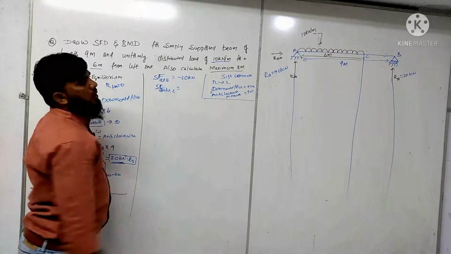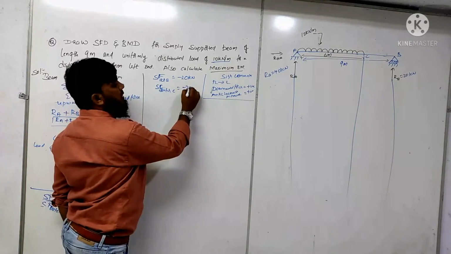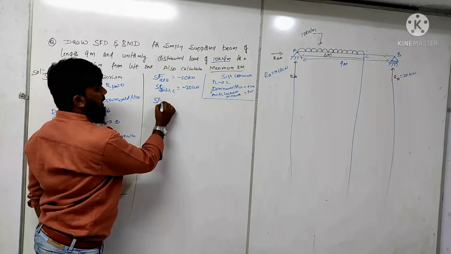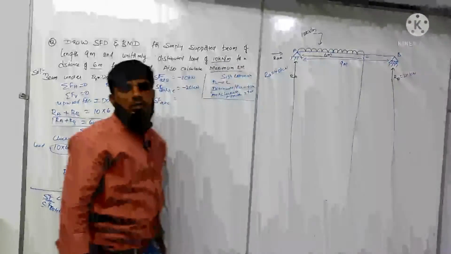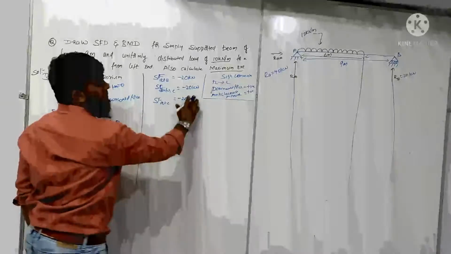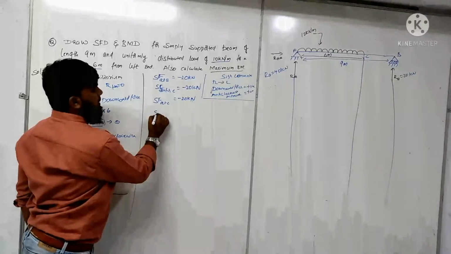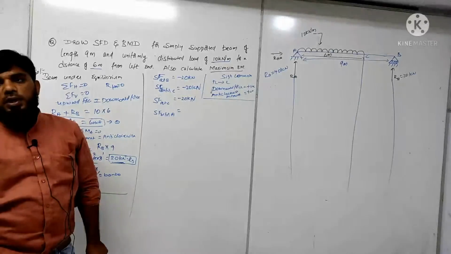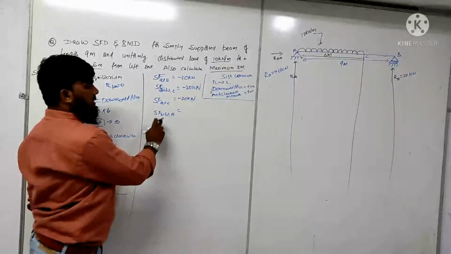Next is shear force before C. No other load is there, so that load will be carried all the way, that is minus 20 kilonewton. Next is shear force at C. At C we have the UDL, but the length of that is 0 at that point, so it is again minus 20 kilonewton. Next is shear force before A point. From B completed, C completed, we are coming to A point. Now let us see A point.